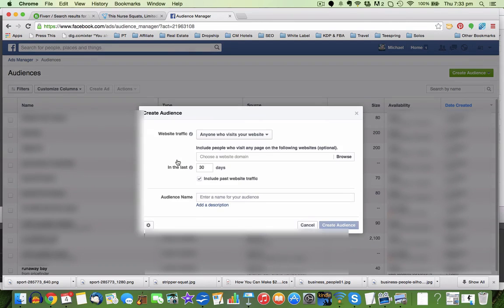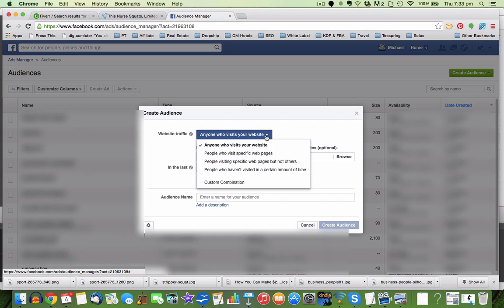So we'll click on that. What we want is anyone who has visited the website. You can get tricky and go people who've visited the first page of the website but haven't visited the thank you page, because people who have seen the thank you page have purchased, but that's probably getting a bit tricky, so it doesn't really matter. We're just going to go anyone who visits specific pages on the website,